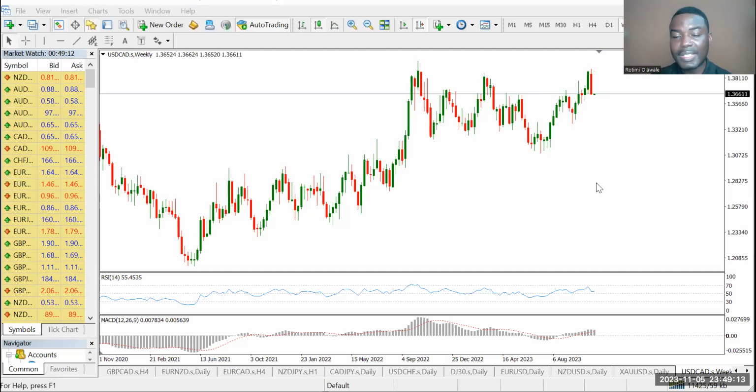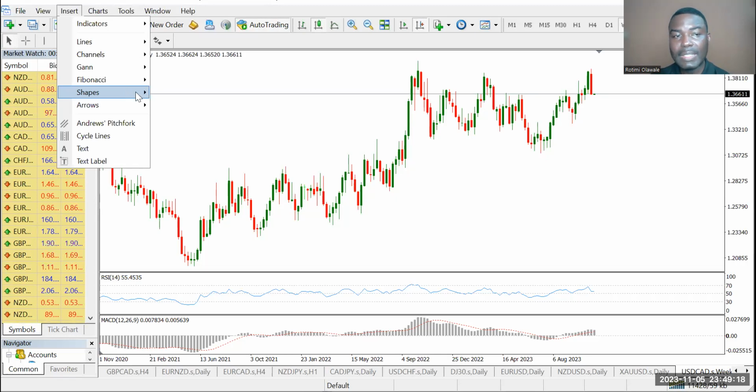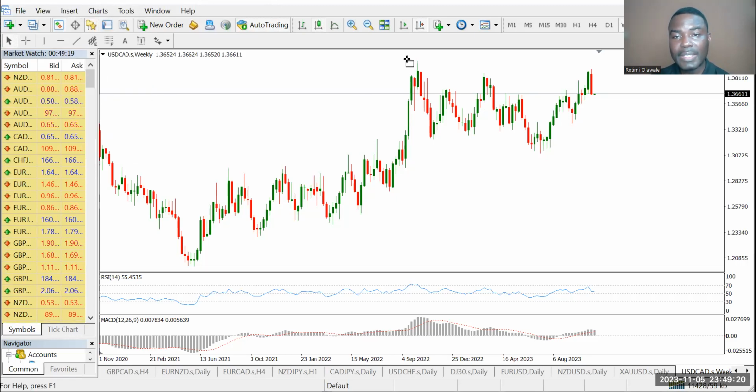All right, the next instrument I want to analyze is the USD CAD. And this is USD CAD on the weekly time frame. On the weekly time frame, we can see that price recently hit a triple top pattern on the daily time frame, which is a strong reversal candle. And then we equally have something very close to a bearish engulfing pattern right there, all signifying a possible bearish movement in price. So we're going to go down to the daily time frame to see what the market is